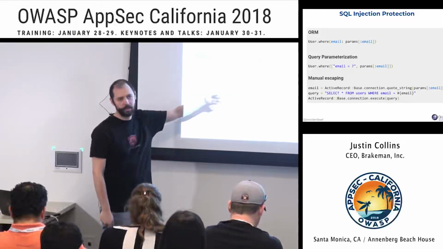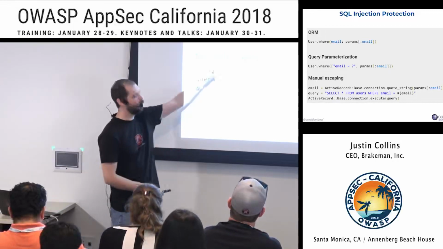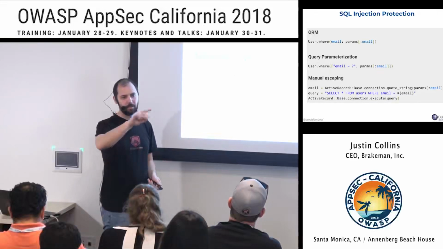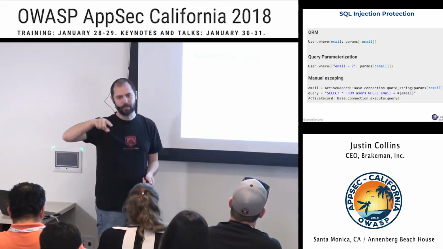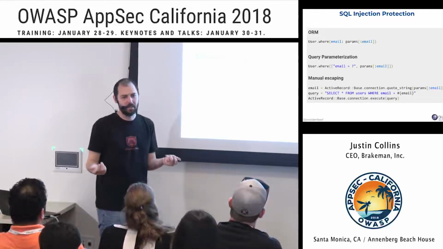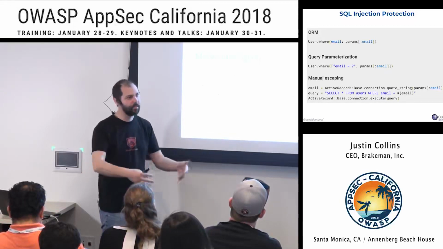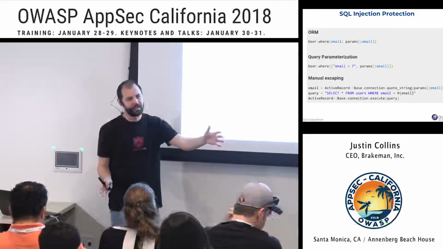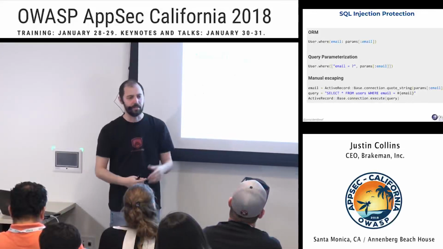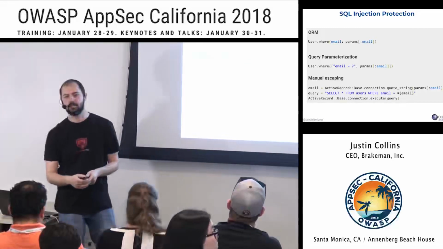Yeah, it can be tricky, even if you have the tools available to do it the right way. I'm like, okay, I'm going to do query parameterization, and then you find that if I put the parameter in the wrong part of a particular query, it doesn't do it right, and it breaks my query. And now I'm stuck with, well, how do I do it right? So that's why I'm suggesting that even then you're still putting code in strings and then trying to manipulate them to have dynamic values and so on. I think those examples are really great up there.